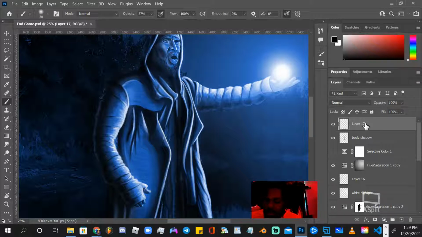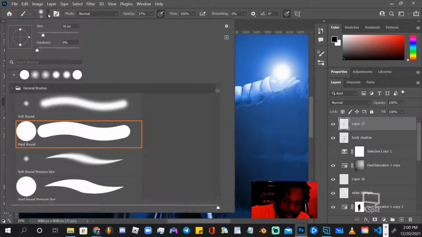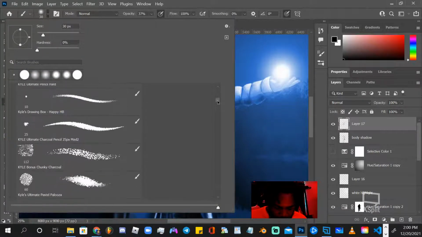Alright, so we're going to start from up here at the top layer. We're not even going to play around with it no more. We're just going to do what you got to do. You know what I'm saying? So we're gonna get it cracking over here. We're not going to pepper in, play around with none of that little small stuff. We're gonna go in with, and grab us a brush with some texture to it.